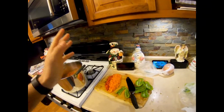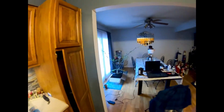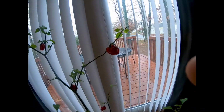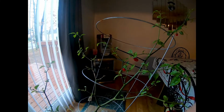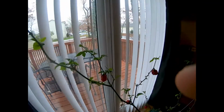I put like 5 or 10 different peppers into my chili. And if you guys ever wondered what this plant over here was, it's a Carolina Reaper plant actually. I'm surprised this thing actually still produced. This should have been done producing like 2 months ago probably, whenever it got cold outside. But yeah, I think this is gonna be our last batch, but I can't say that